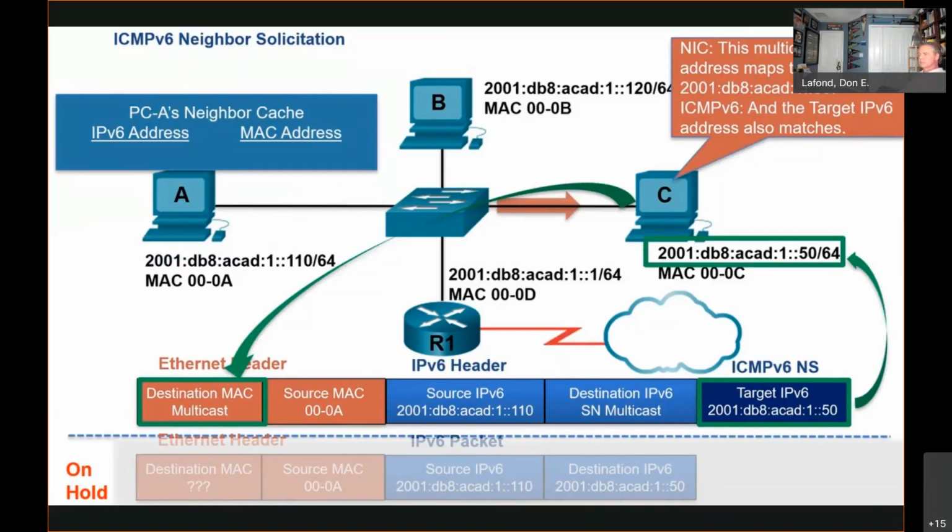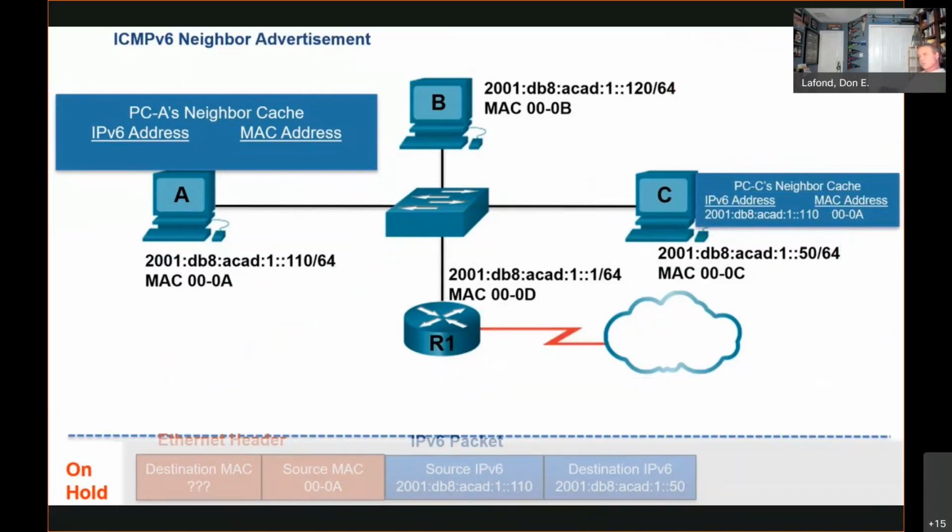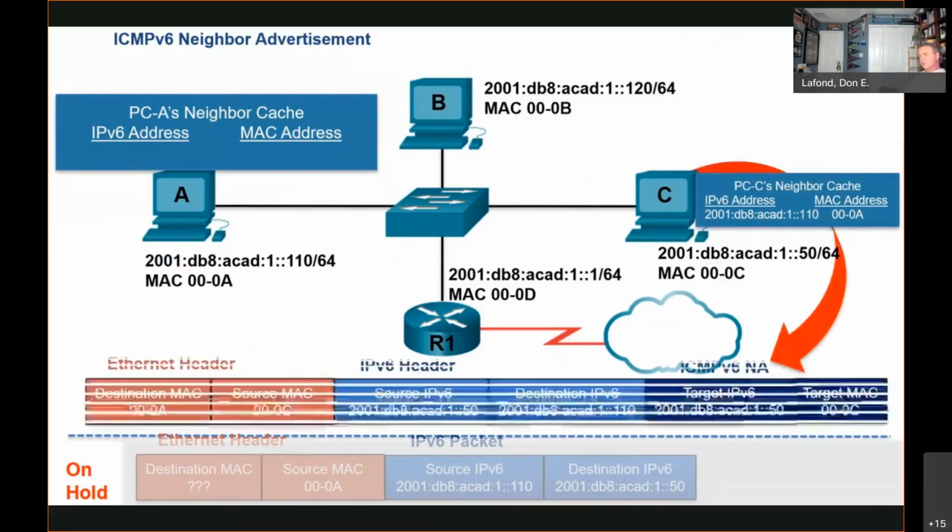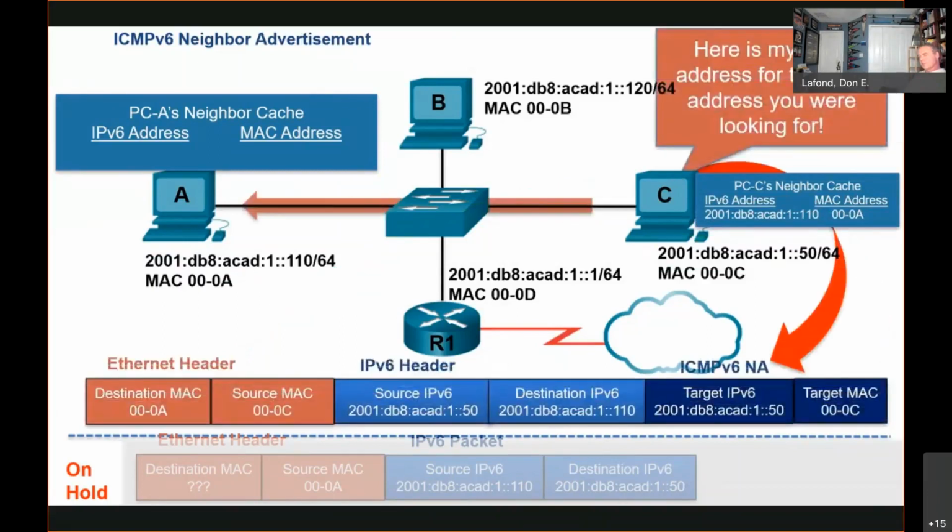Before replying, host C adds the IPv6 and MAC address of host A to its own neighbor cache, so it can return a neighbor advertisement message. Host C replies with an ICMPv6 neighbor advertisement message sent as an Ethernet unicast message directly to host A. The ICMPv6 header includes host C's IPv6 address, which host A already knew, and the associated MAC address that host